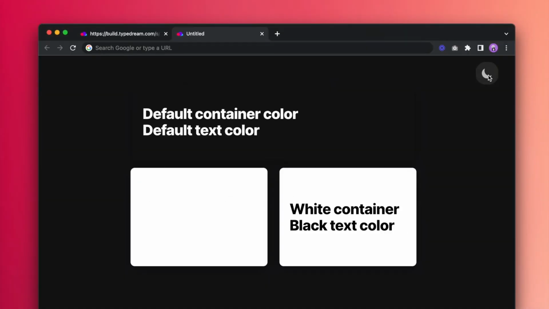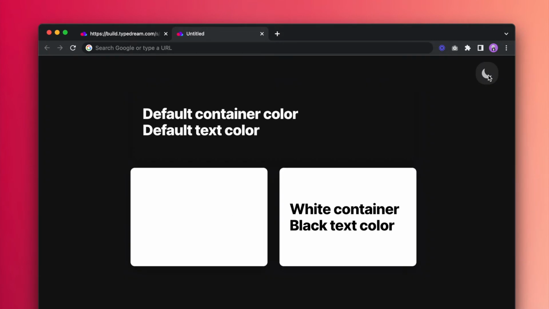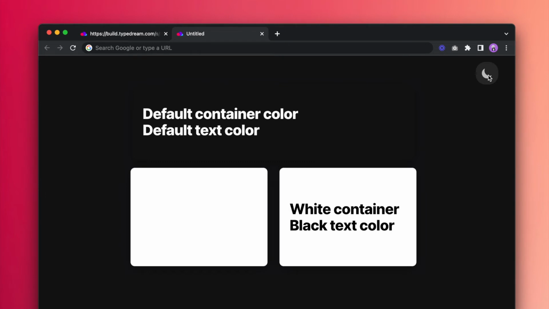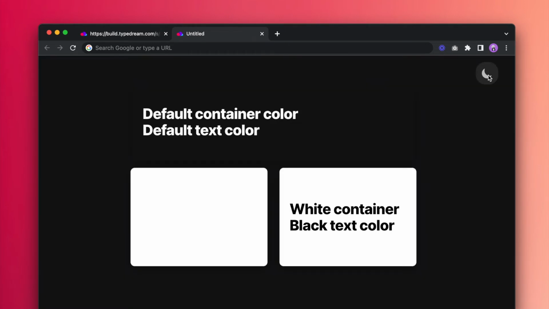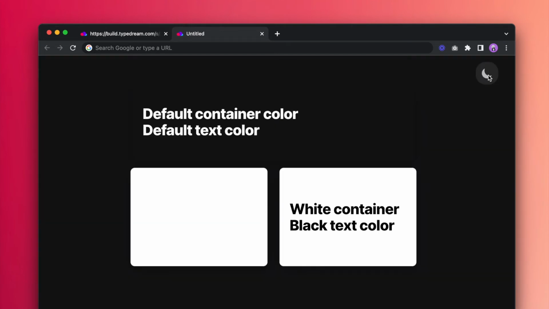A small tip here is that you want to ensure that your text always has good contrast regardless of the theme you are in. An easy way to guarantee that is to use the default color for both your background and text color. Alternatively, you can make sure that the background color and text color stay in contrast and always stay the same regardless of mode.